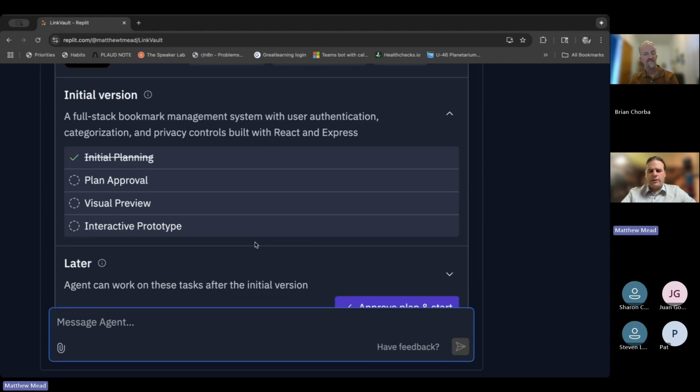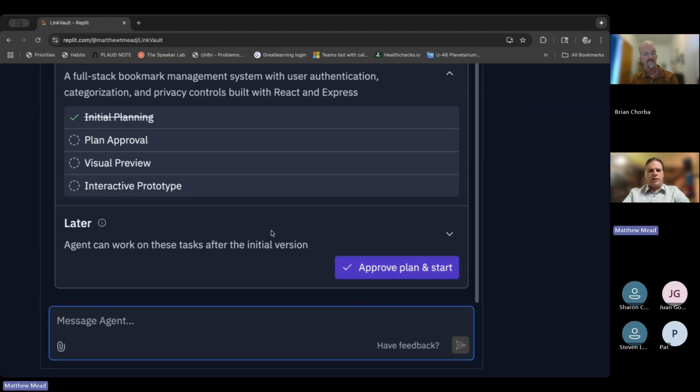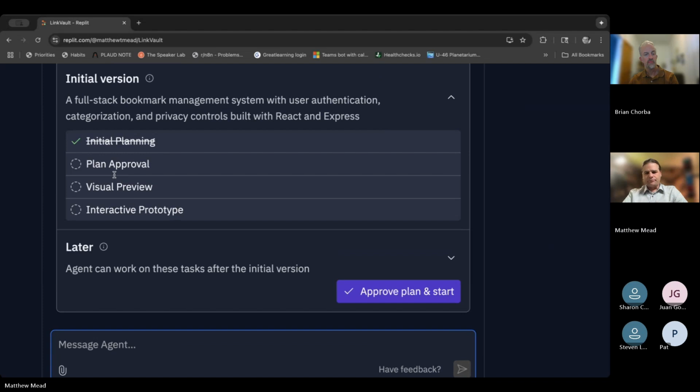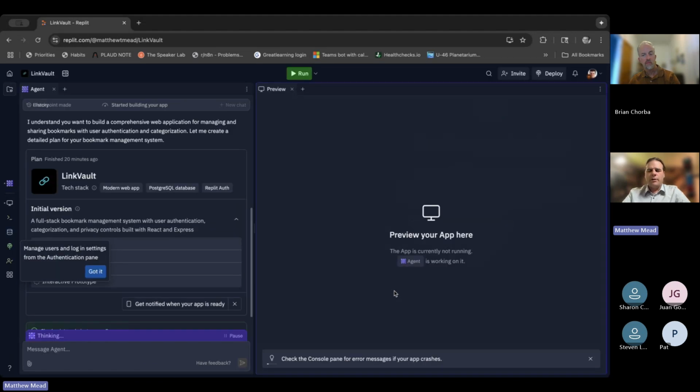I like this. This looks good. So I'm going to say approve and start plan. So you can see it's got 4 steps. Step 1, the initial plan, is done. It's asking me to hit this button to do step 2. So I hit it, and